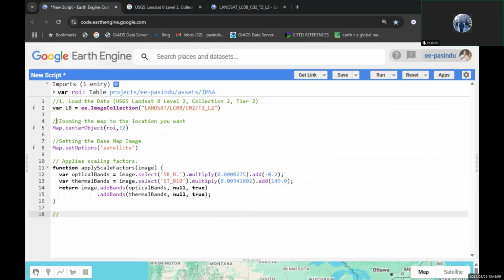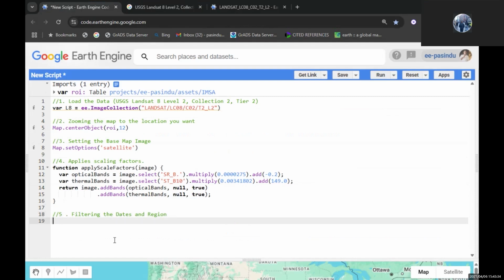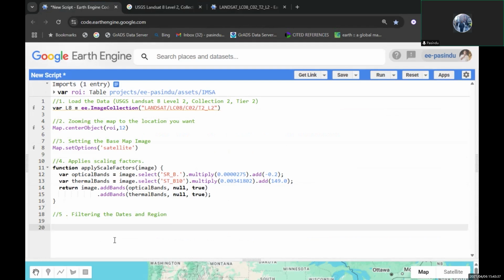Oh sorry, I was putting the numbers. You don't need the numbers. Okay, I'm just putting easy reference for myself. So the next step is filtering the dates and region. So the first step of filtering the dates and the region is